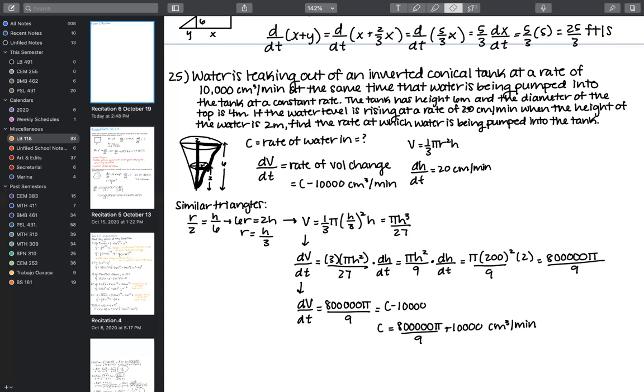That's the height in this case, 200 centimeters. The height is 2 meters converted to 200 centimeters. That makes more sense. Got it. And then it's h squared, height squared, times dh/dt, and where's the 2 from? Oh, yep, and then that one's converted. 2 is the dh/dt, converted to meters. I believe so.